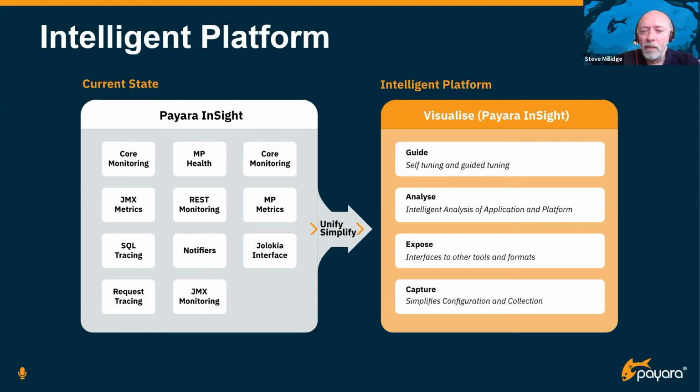And then on top of that, the basics, if you like, capturing and exposing metrics and traces, we also want to add in some intelligent analytics. So you start analyzing and providing the next level up, which is guided tuning and self-tuning. So we want to give you more in-depth analysis of your application and how it's operating, and target you and guide you towards the best ways to tune or modify applications to get the best out of the platform.